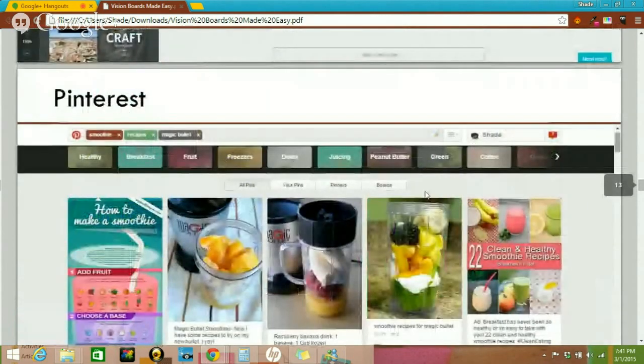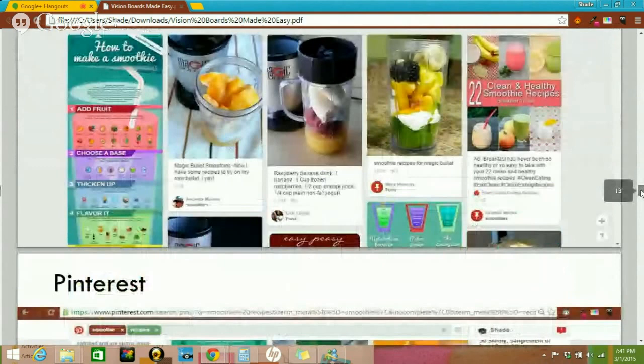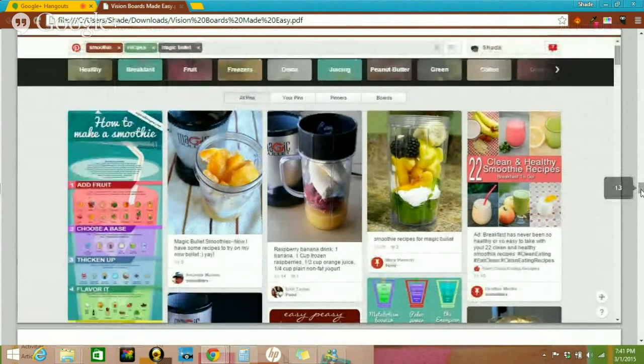The 22 clean smoothies, you can get green smoothies. Anything you can possibly think of, someone has added to Pinterest. And if they have not added it to Pinterest, then you can add it. And they give you some categories at the top: healthy, breakfast, fruit, freezers, detox, juicing, peanut butter. I love peanut butter, green, coffee, drinks. So there's a number of topics and subcategories within the smoothie recipe magic bullet category that you can use on